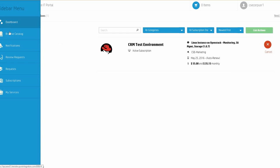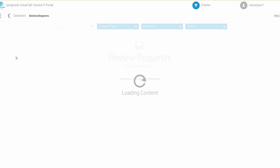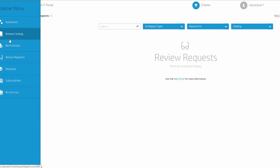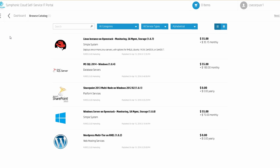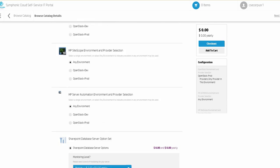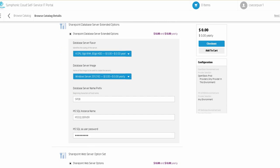Once a user finds the services that they need to deploy, they're presented with a number of options for how they want that service to be configured. Administrators can also control exactly what a user can change during a deployment. For example, a user may be able to change the sizing of a database server in a multi-tier application or the naming of the database instance, but the administrator may want to limit what networks that database server can run on. Once a user has configured their desired options, they can add the service to their shopping cart or simply